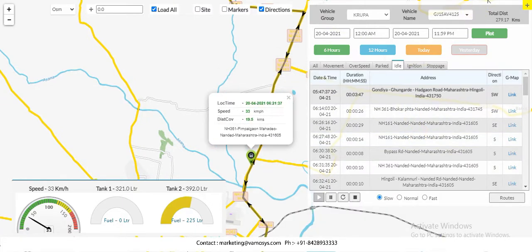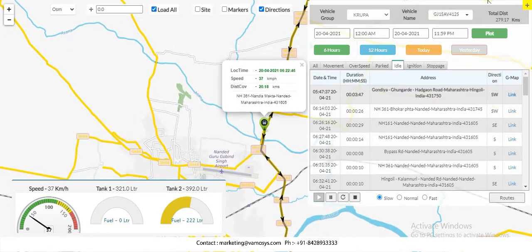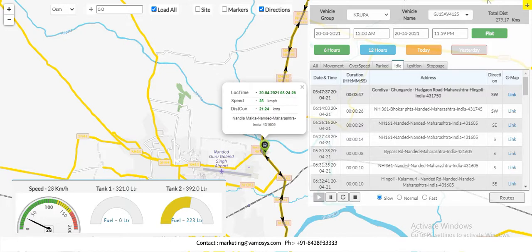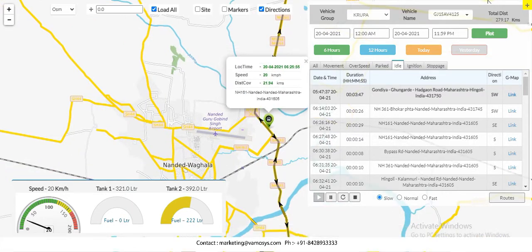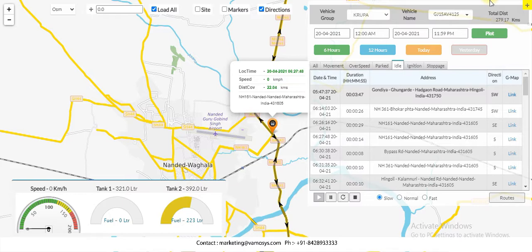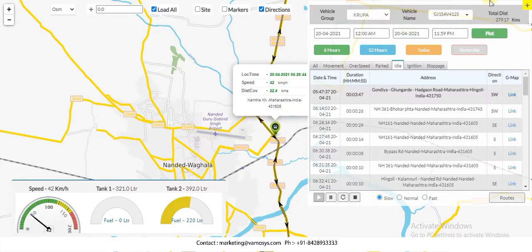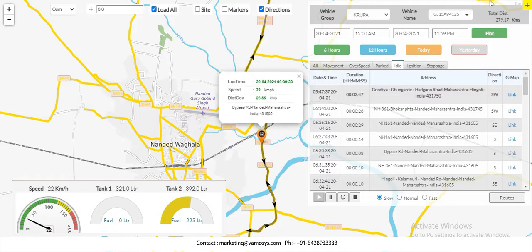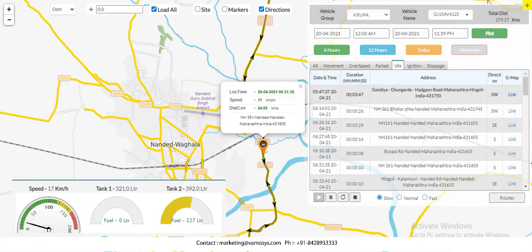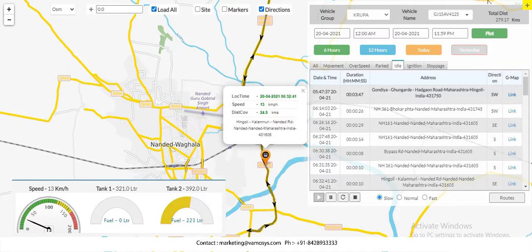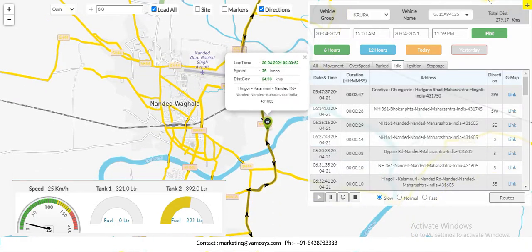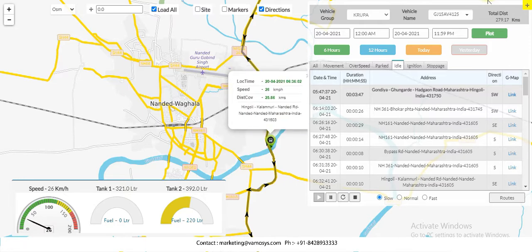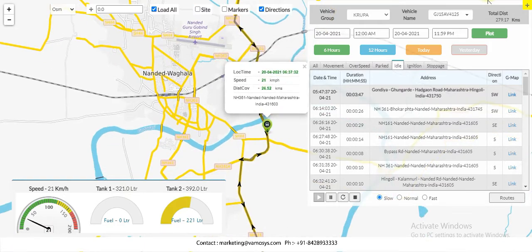So, what is an idle report? When your vehicle is idly standing at one position or one location and the ignition is on, the key is on, but the vehicle has no movement, in that case we are considering it as the idle position of the vehicle. When the movement is totally zero, it is standing but still the key is on.